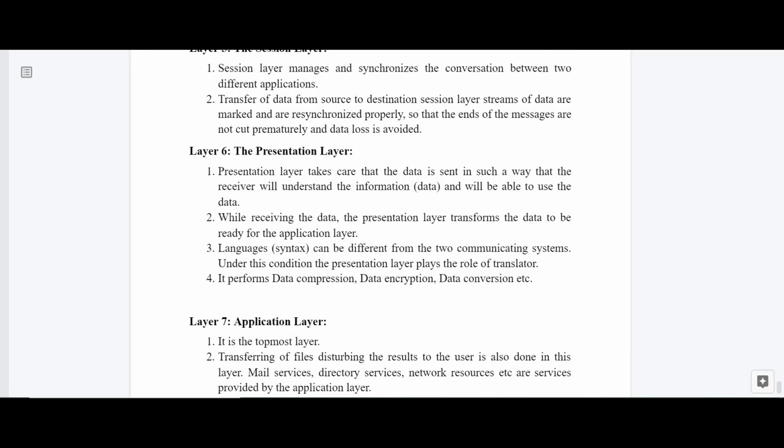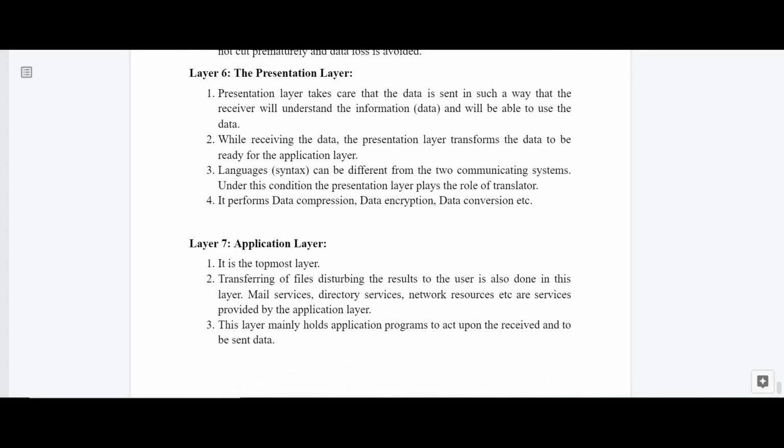Language syntax can be different for two communicating systems, so it manages the syntax, or the structure or language of the data. Under this condition, the presentation layer plays the role of translator. As I told you, other functions are data compression, data encryption, data conversion and data translation. All these are functions of the presentation layer.